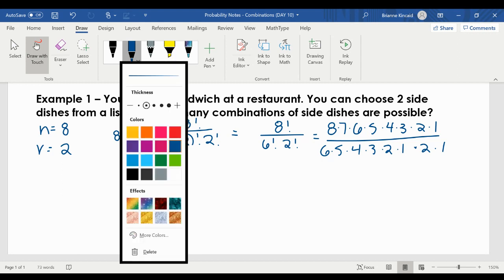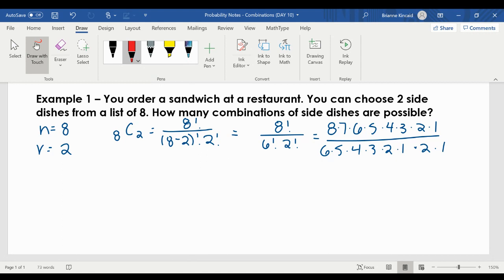Here's what I'm going to do: I'm going to eliminate everything that I possibly can. It's easiest to look at the denominator first. You have 6 times 5 times 4 times 3 times 2 times 1. That will eliminate with 6 times 5 times 4 times 3 times 2 times 1 from the numerator. You are left with 8 times 7